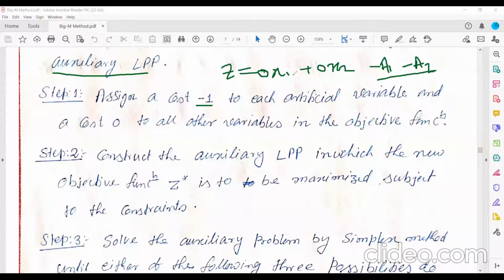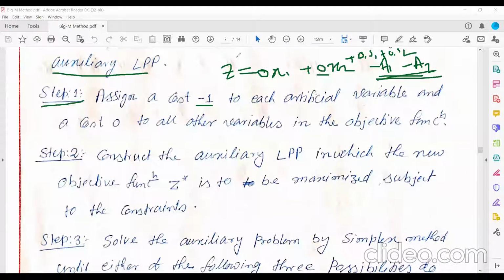So you write all the variables other than artificial variables with coefficient 0, such as 0 into S1 minus 0 into S2, and so on. Plus is also okay, no problem. All variables except the artificial variables have coefficient 0, and the artificial variables have -1. That is the formation of the auxiliary LPP.